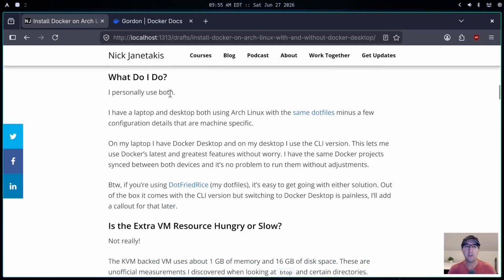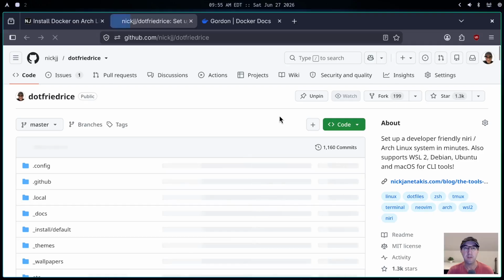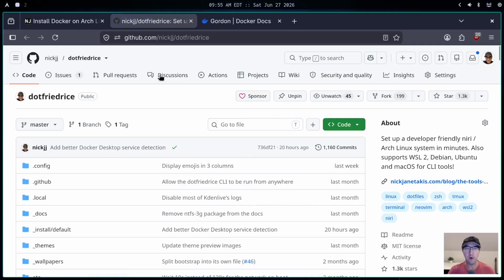Maybe one question here is, well, what do I do? So personally, I actually use both. I do have a laptop and a desktop, and they're both using Arch Linux. They're both using the same dot files minus a couple different configuration details, right? This is the DotFriedRice project over here, which, by the way, we're going to go over a little bit later